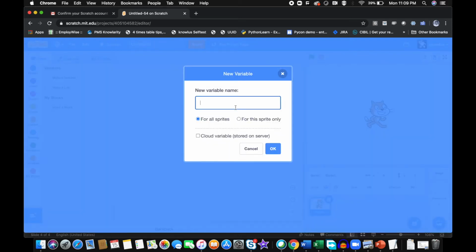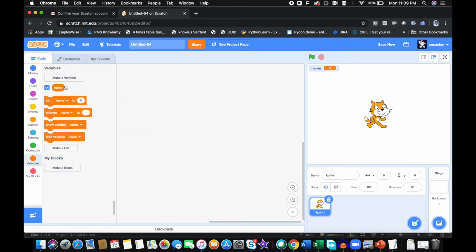So let's make a variable called name, and it can be for all sprites. So you can see the variable name, you can show or hide it. Let's just show the variable, and let's say name is equal to, but first let's say my name,